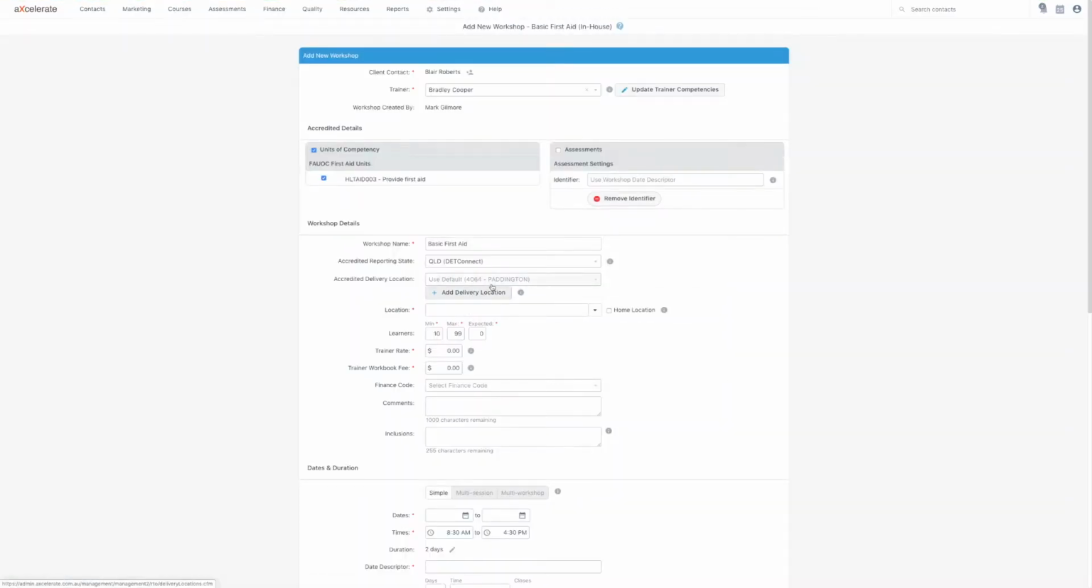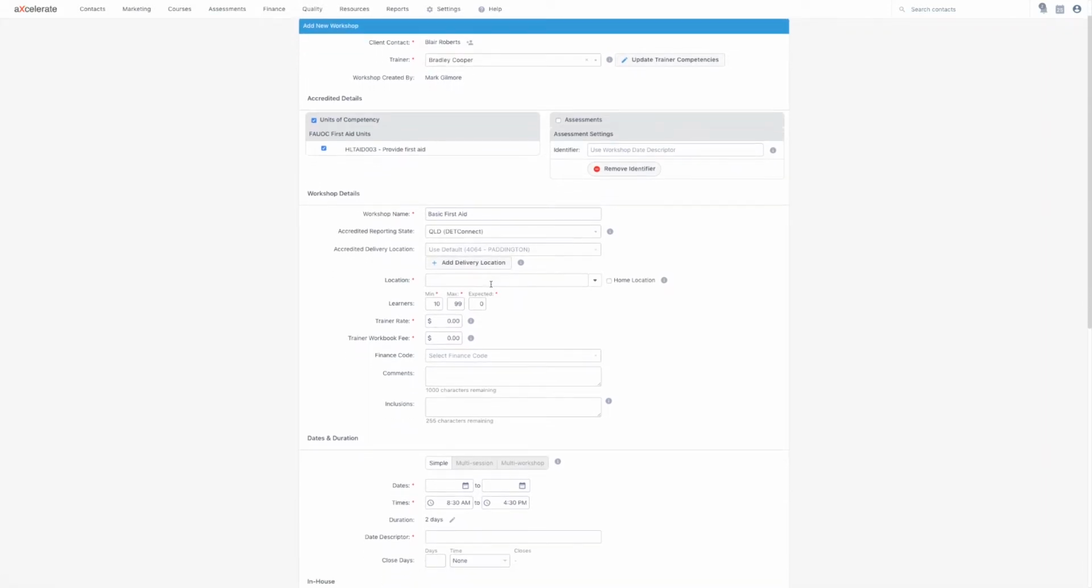The other difference on this page is the in-house group pricing. Group pricing allows you to set the minimum fixed cost of the workshop, and then an additional variable cost per learner. If this section is not available for your in-house workshops, please contact support and we'll be more than happy